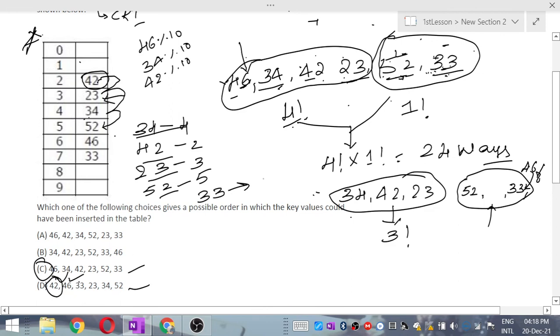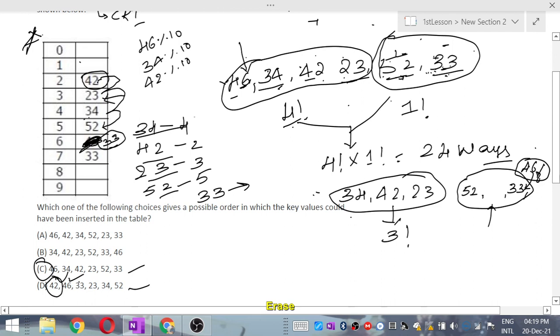Initially it goes to the third location: collision. 34, collision. 52, collision. Now it will take over the position of 46 and come and sit here. This happens whenever we try to place 46 at the last position.